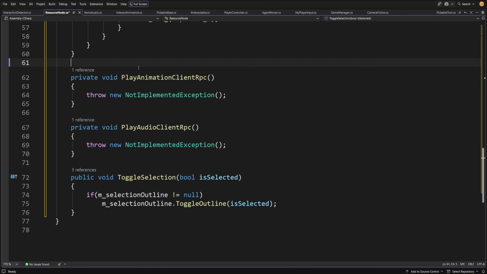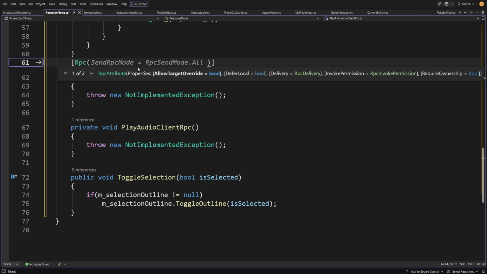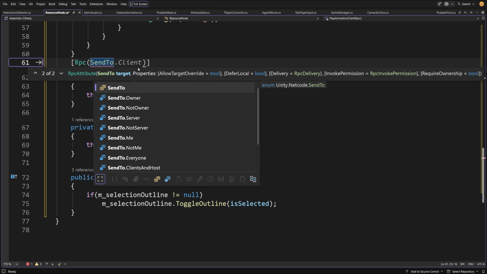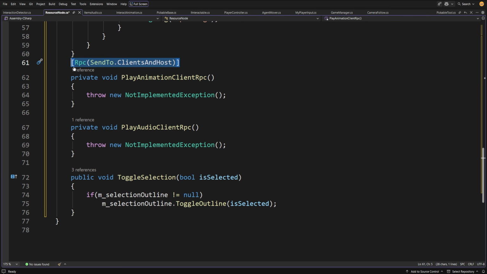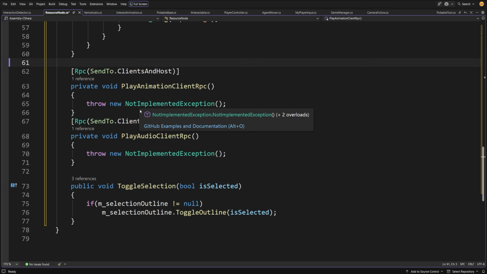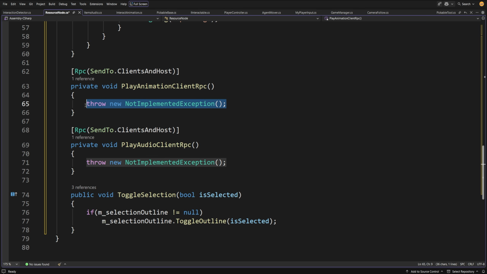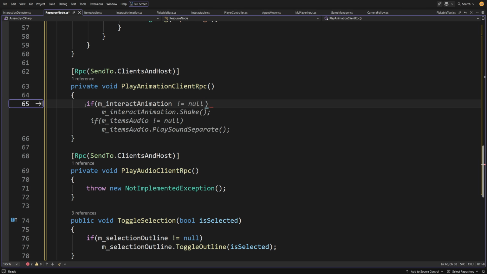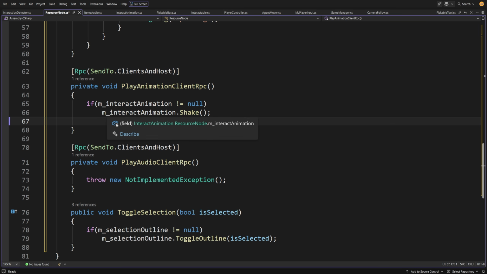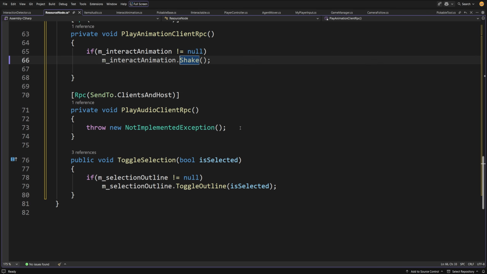So above both of those, we are going to add the square brackets RPC send to the client and host, and let's copy it and add it above the play audio client RPC as well. For the play animation method, we are going to just check if our m_interact animation is not null. Here we are going to just call on it m_interact animation.shake, and let's do a similar thing in the play audio